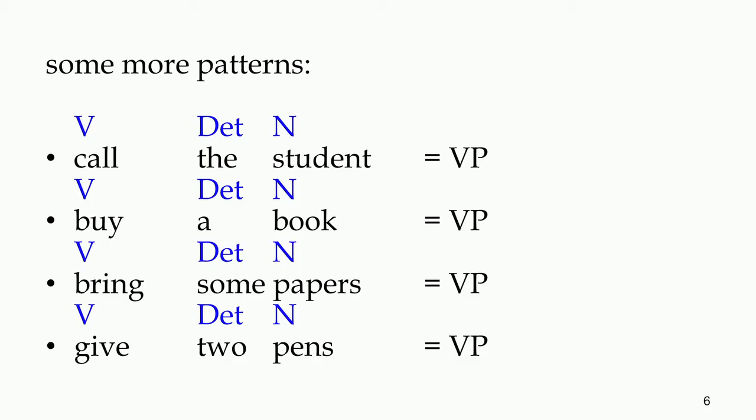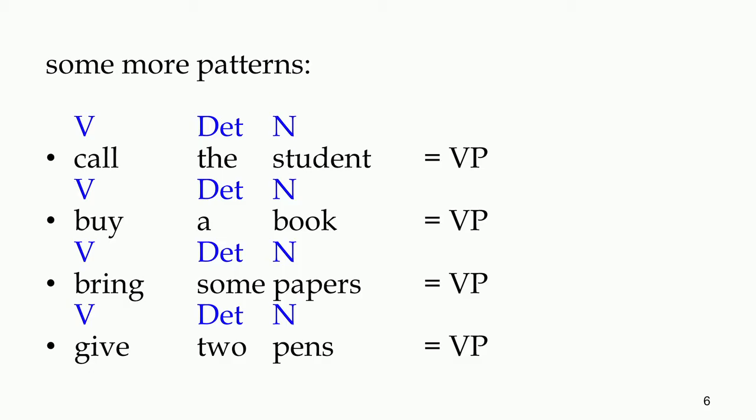Now, look at the example of a verb phrase: call the student. So, the student was the noun phrase, and now what's going on in a verb phrase? We see that the noun phrase is combining with a verb, and therefore we call it a verb phrase. So, call the student: the structure is verb and the noun phrase, and in the center of this phrase is a verb, therefore we call it a verb phrase.